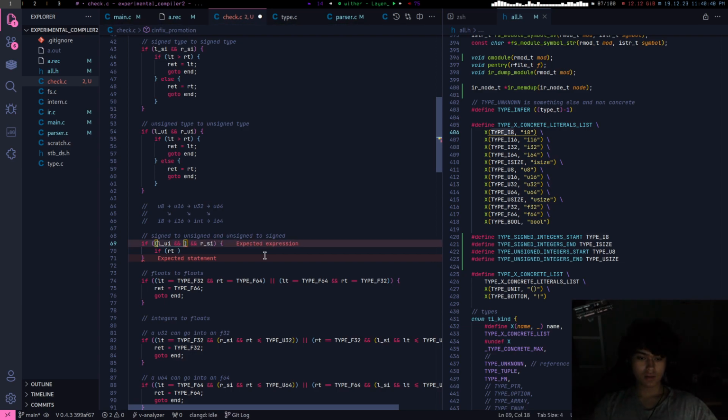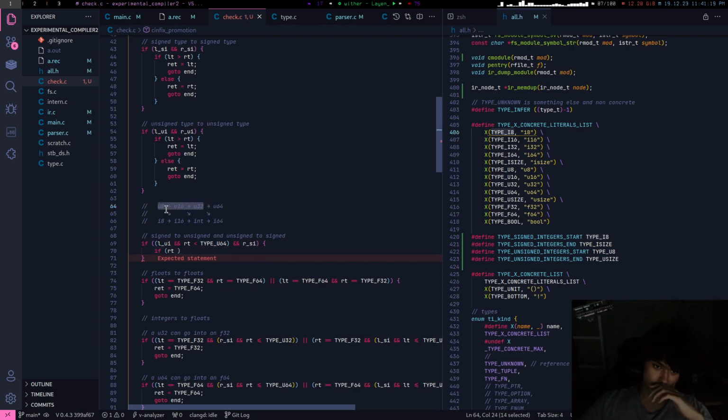And yeah, if right type is greater than type, equal to, no, because you already know it's within bounds. It's less than type U64 because that can't go into any sign type. So anything between U8 and U32 can always go to the next up sign type.